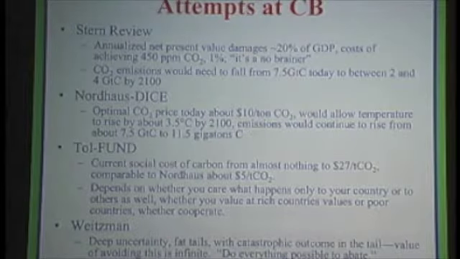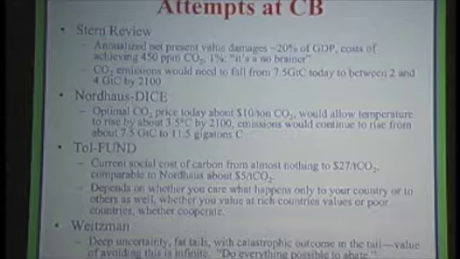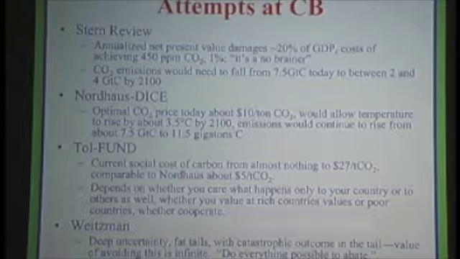Bill Nordhaus at Yale University has been doing this work for a long time. He does this whole model, which is an optimal cost-benefit general equilibrium model, essentially. His argument is that the optimal CO2 price today is about $10 a ton, and that would allow temperatures to continue to rise to 3.5 degrees by 2100, and emissions would continue to rise to 7.5 to 11. So his idea of what's optimal is to continue to increase emissions, reduce them a little bit from what they might have been. So those are kind of two of the extreme ends you get from